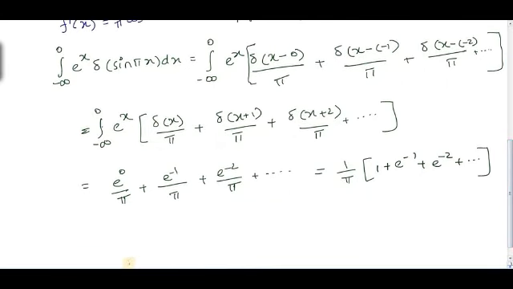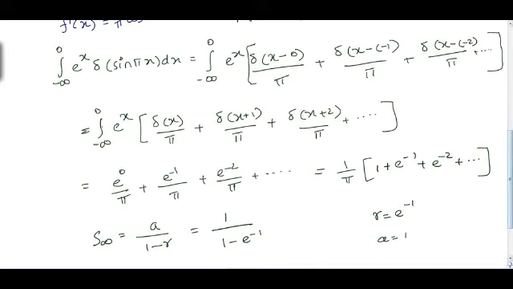So I can use the general formula for GP. S infinite is equal to a divided by 1 minus r, where a is the first term and r is the ratio between the second term and the first term. So r is equal to e power minus 1 and a is equal to 1. So this sum is nothing but 1 by 1 minus e power minus 1.